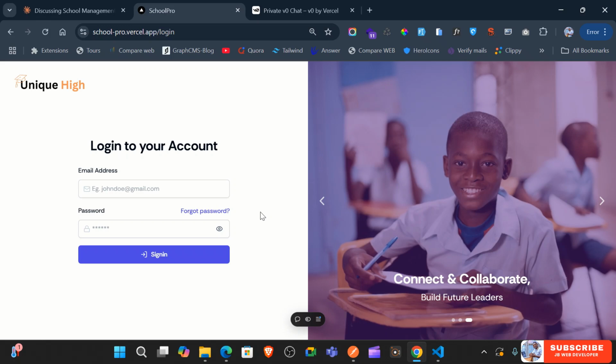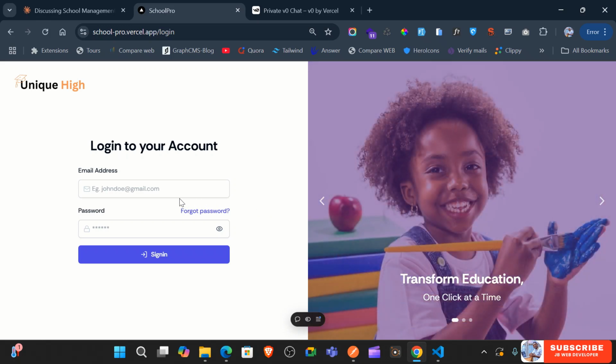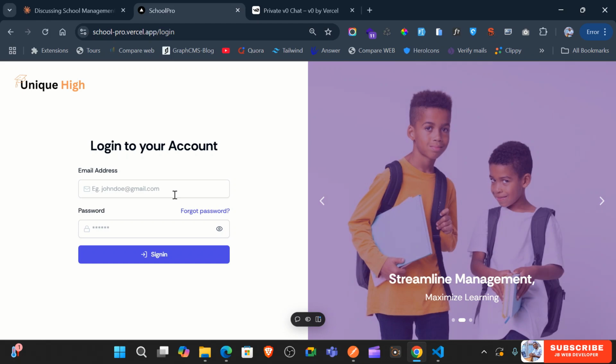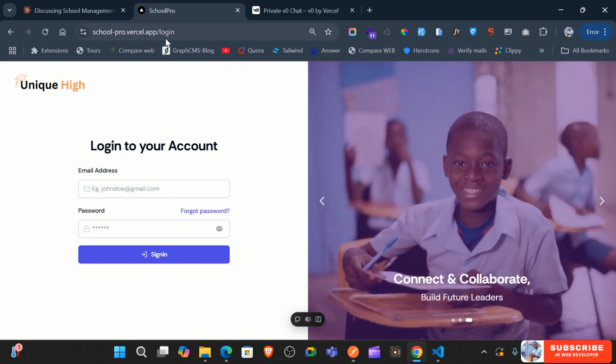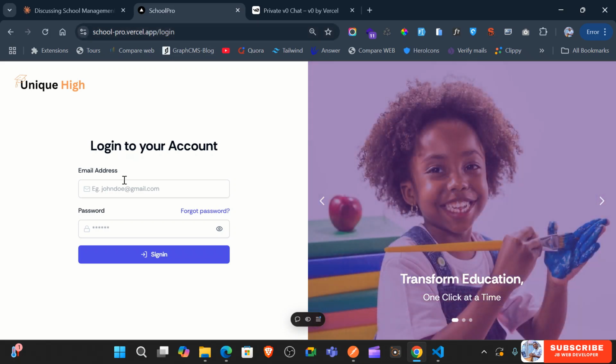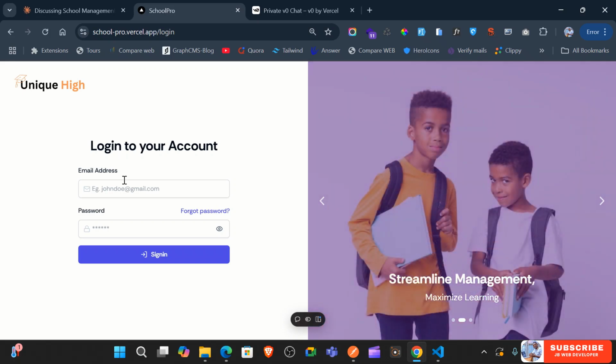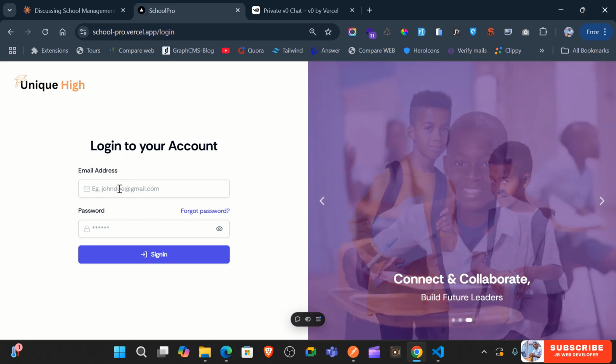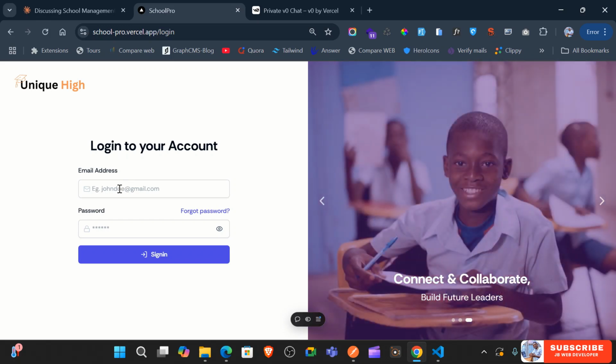So today is our 14th episode, and in today's episode we went ahead and implemented, on top of what we implemented yesterday, the different portals for the student, for the parent, and for the teacher. In today's episode, we concentrated on the parent portal, and we're adding all the UI that is necessary for